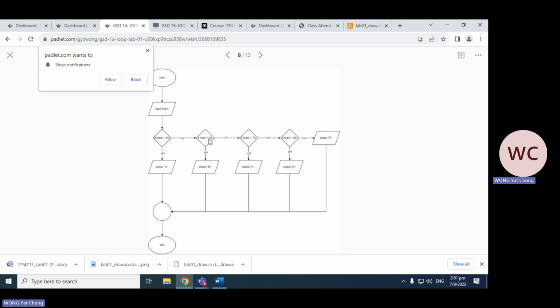For the case B, the work here didn't handle marks smaller than or equal to 90, but it is fine because if it goes to the right here, it is already not greater than 90. But the condition here should be written more clearly: if marks is greater than or equal